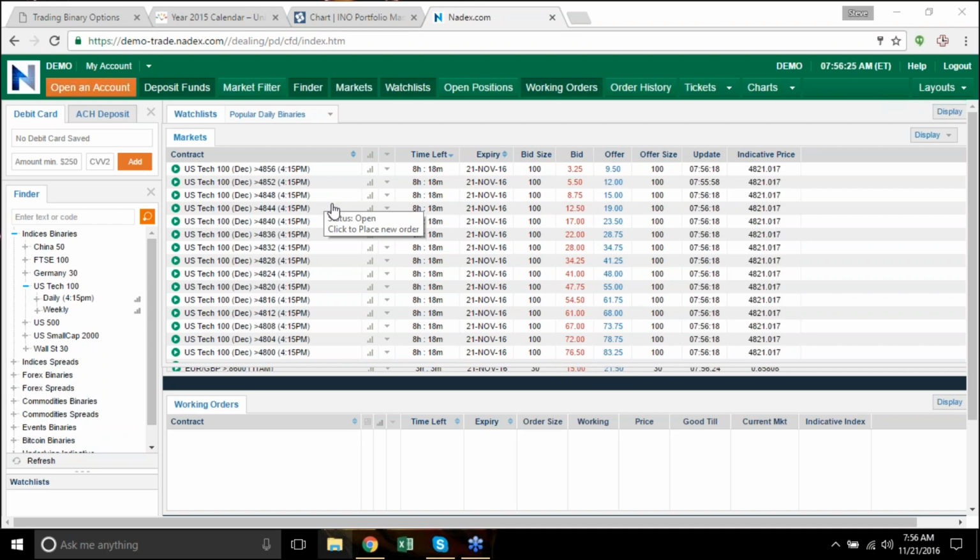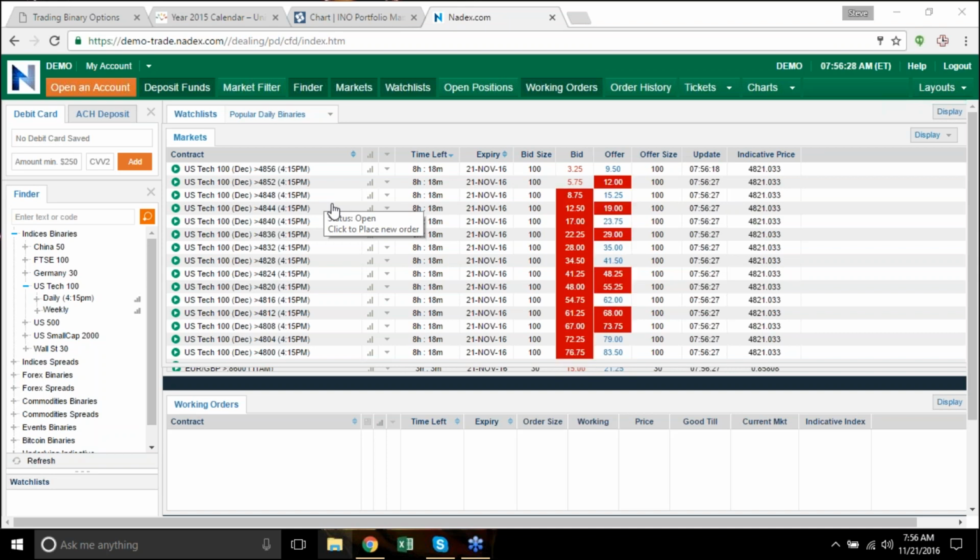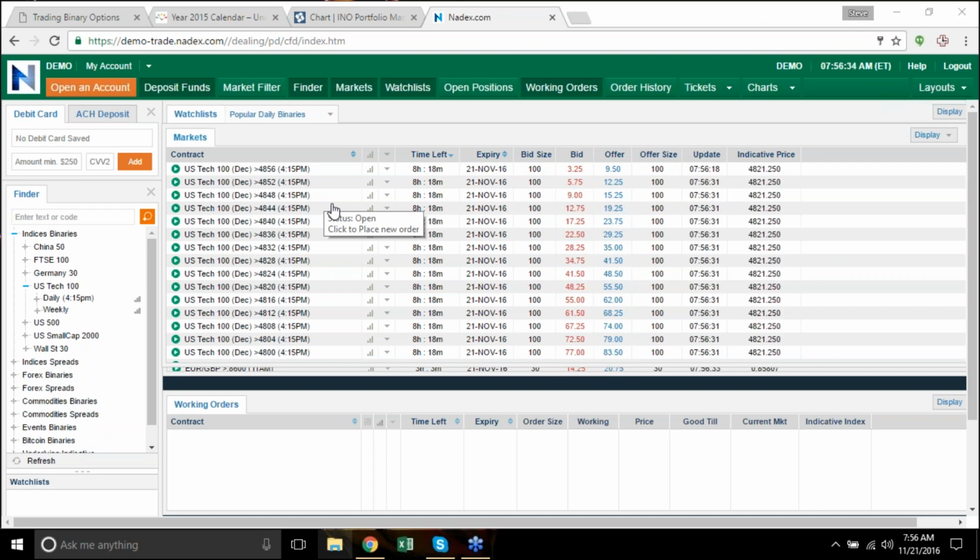So what you would do is actually take a look at the NASDAQ at 6 o'clock when Nadex reopens. So at 5 o'clock they close, nothing's available, and at 6 o'clock they reopen. So 6 p.m. Eastern on Tuesday the 22nd, you'll see something like this where you can do a US Tech 100 daily, and it'll expire on Wednesday at 4:15. So it'll be a 22-hour trade or so. And you want to place it